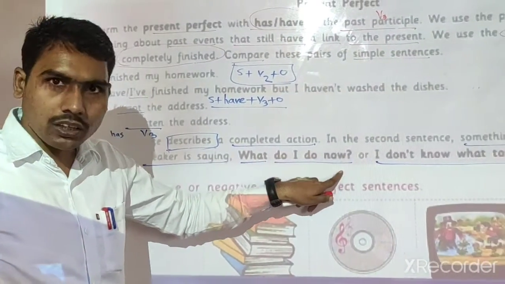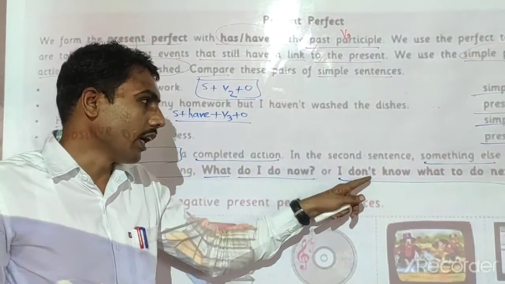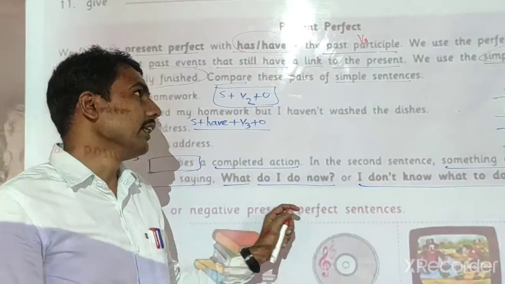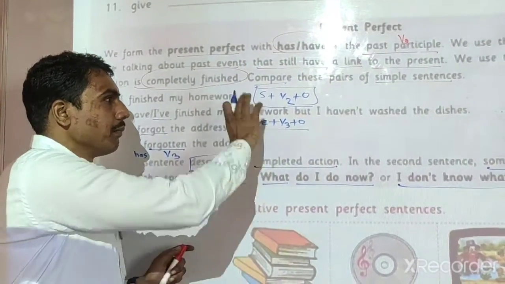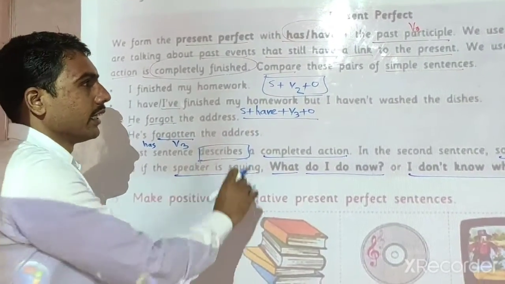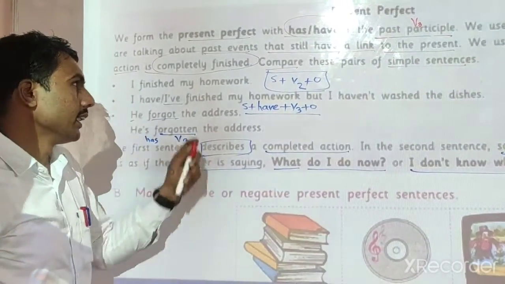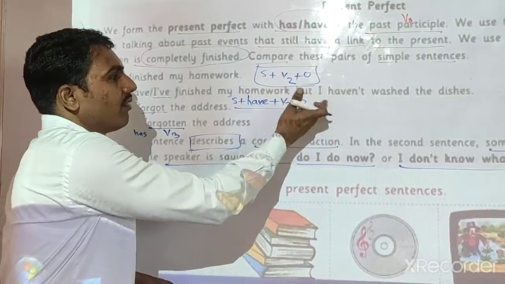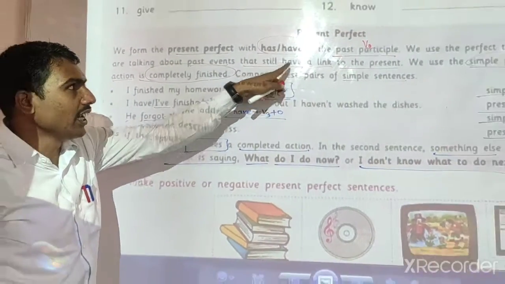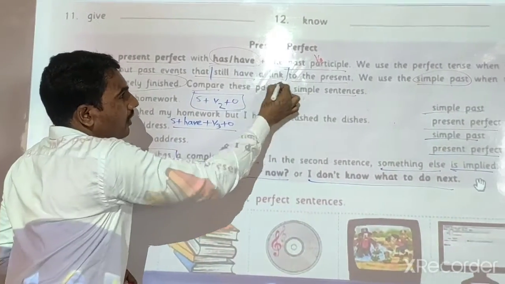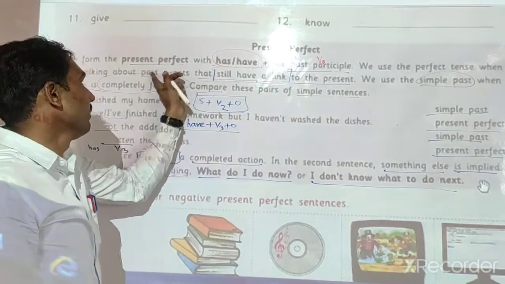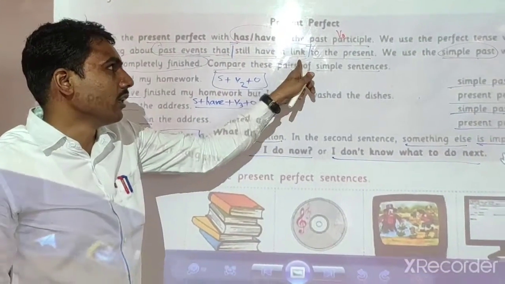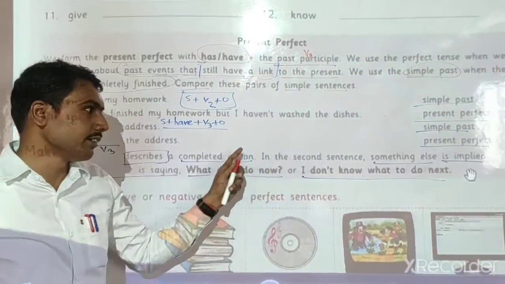In this way we can compare the two sentences, simple past tense and present perfect tense. Present perfect tense has a link to the present. Remember this, past events that still have a link to the present tense. In this we understand